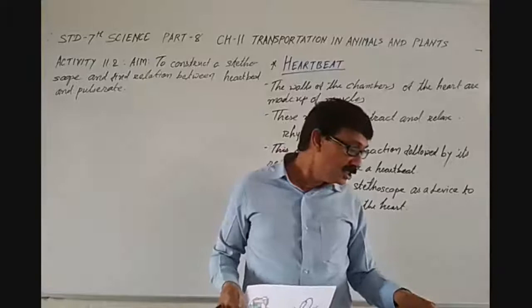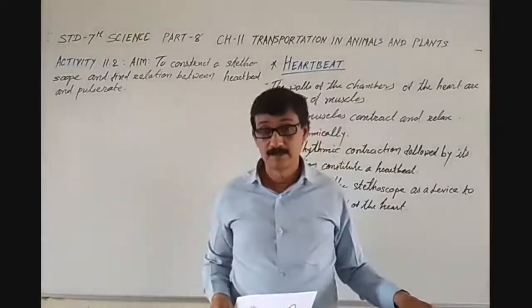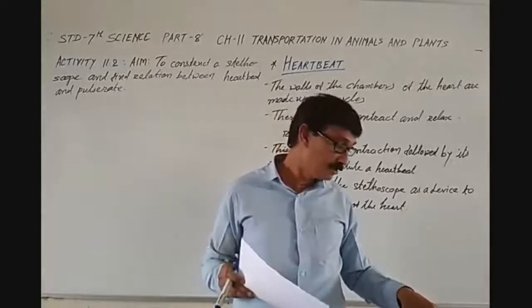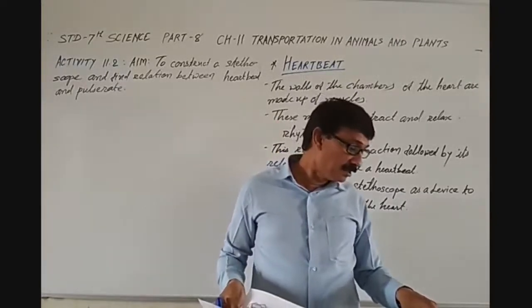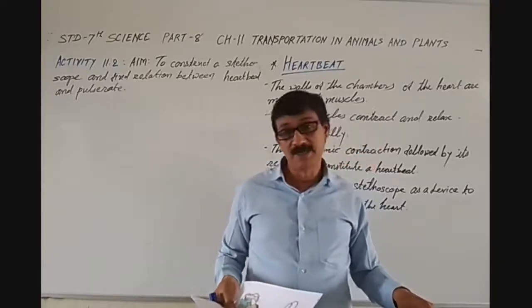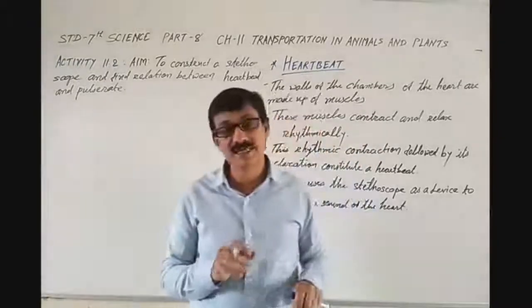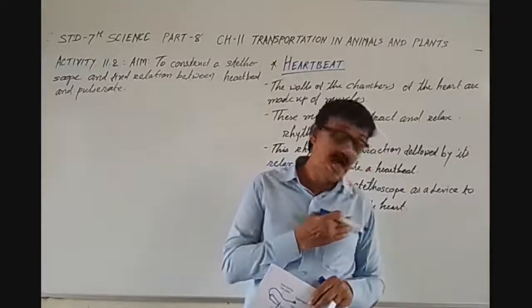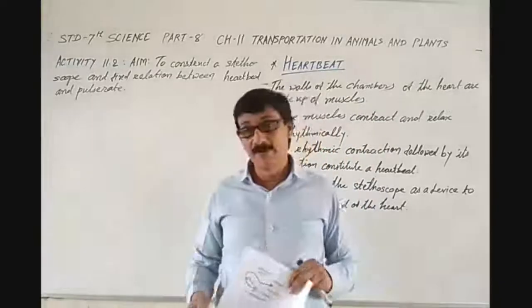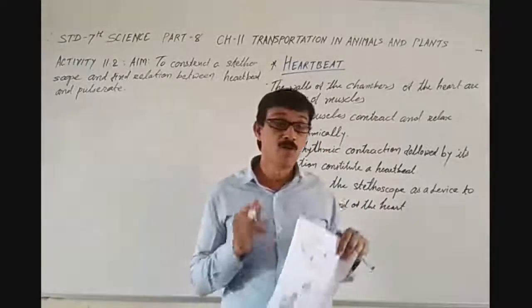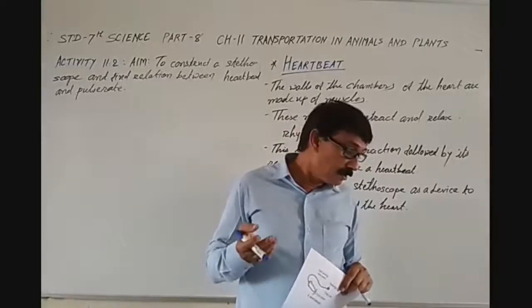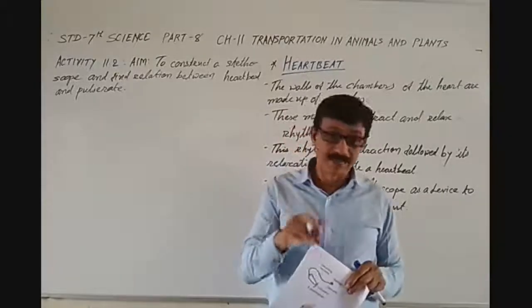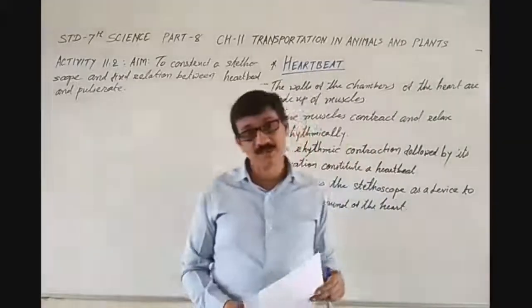How many times did your heart beat in a minute? Count again after running for 4 to 5 minutes. First of all, while you are standing or resting, count how many times your heart beats in a minute. Then you will go running for 4 to 5 minutes, and once again count the heartbeat after running, and compare your observation.